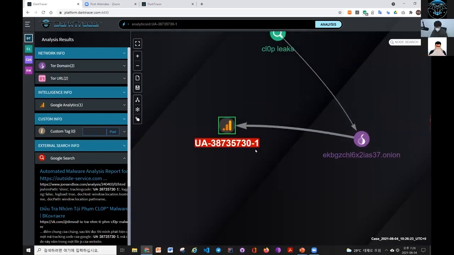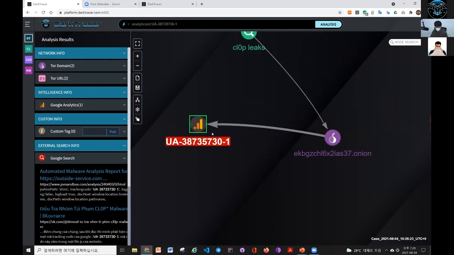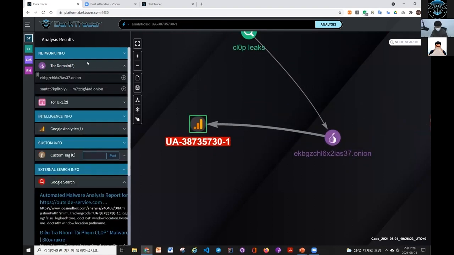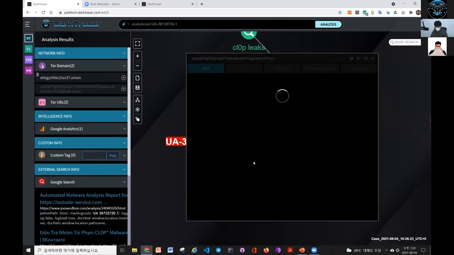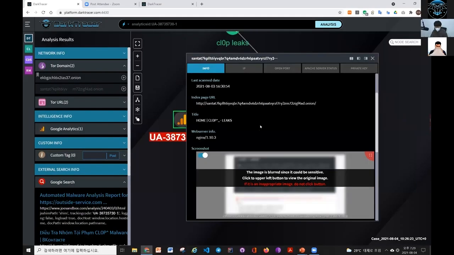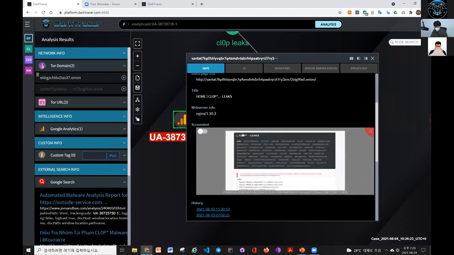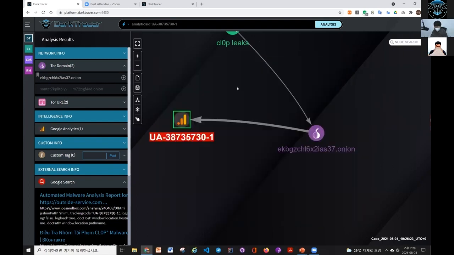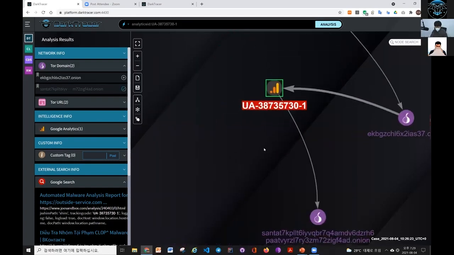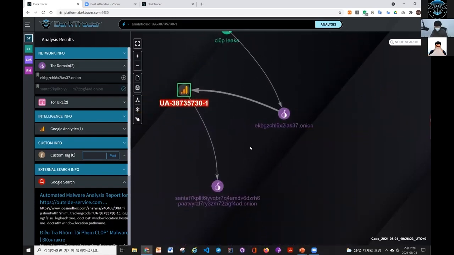So I've just searched for this Google Analytics ID, and you can see another site has been collected from this ID. And as you can see, probably this is the version 3 onion address of the Cl0p leak blogs here. And so we found a new site of the Cl0p ransomware gang, and I would like to get back to the Cl0p ransomware leak site